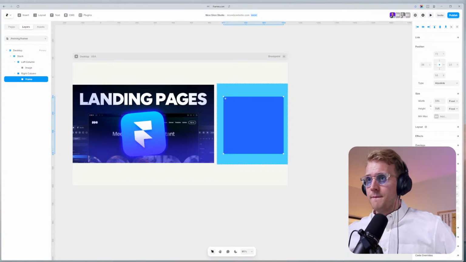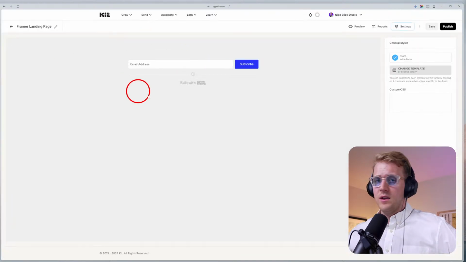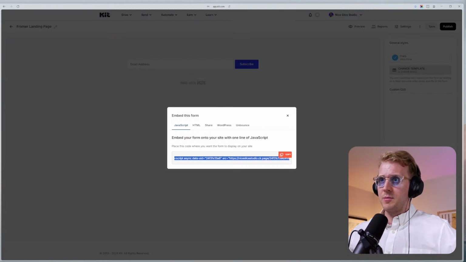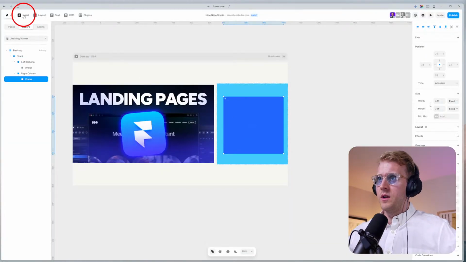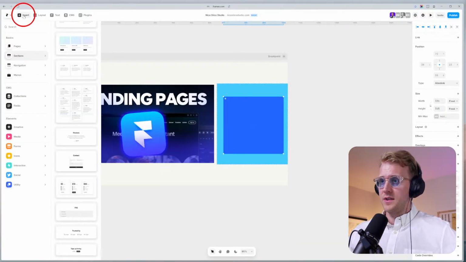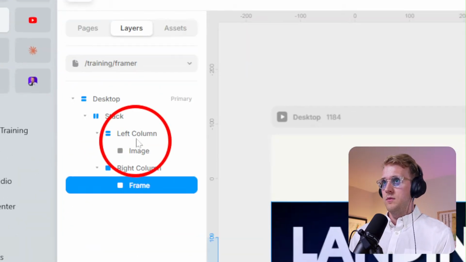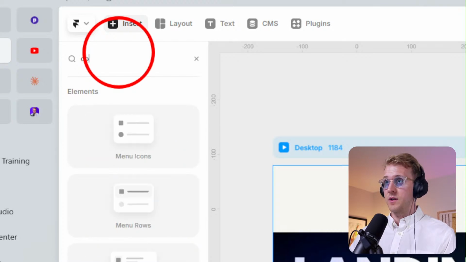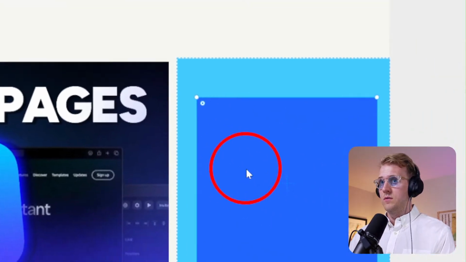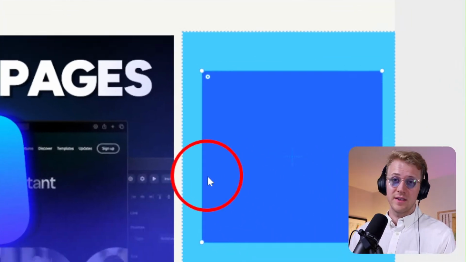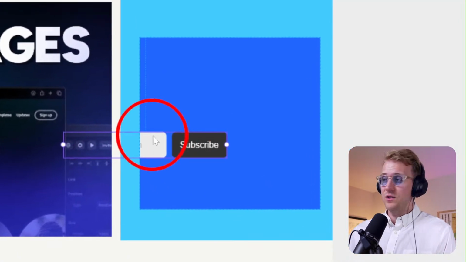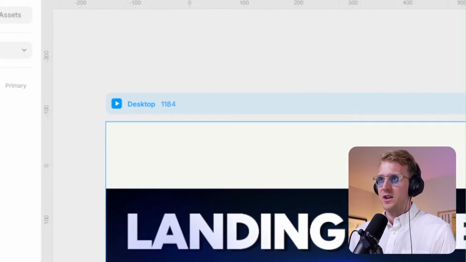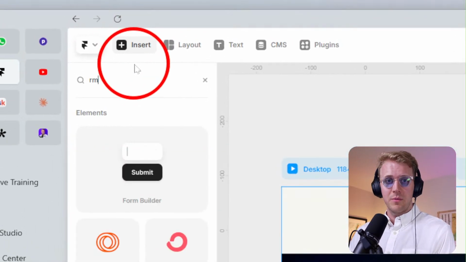email form over here. So let me go over to ConvertKit. I've got our email form right here. Hit publish. I'm going to go to JavaScript, hit copy, go back over to Framer. I'm going to go up to insert at the top, and then I can just type embed if I wanted to, or I could type ConvertKit. But since I did copy it, I'm going to do an embed. I could do their ConvertKit email, which is okay, but it's all kind of using the same technology. It's all just an embed. So I'm going to go up here, type embed,